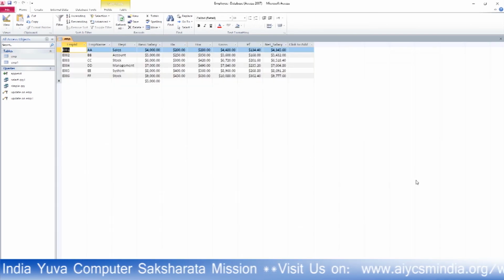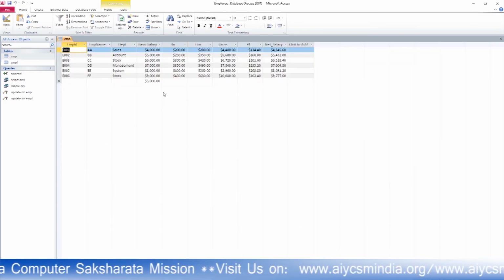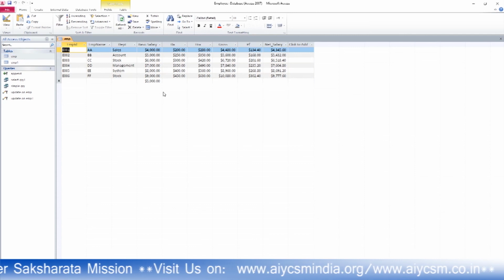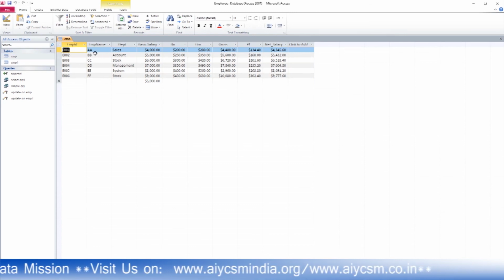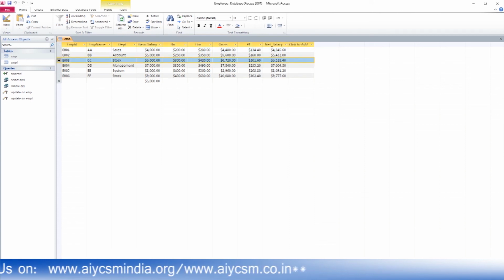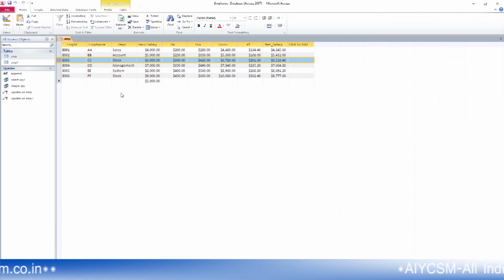All the values from EMP1 are appended into the EMP table with the help of the append query. You will see the EMP table had the values from E001 to E003, but it now has the values from E001 to E006. Okay, these are the values that you have right now.